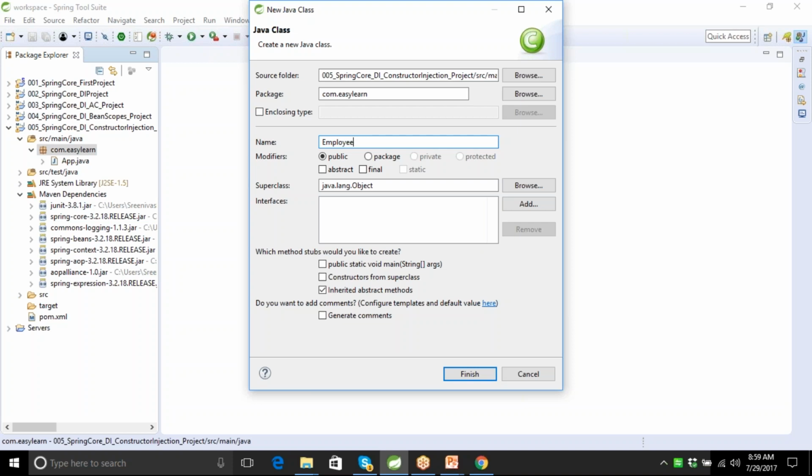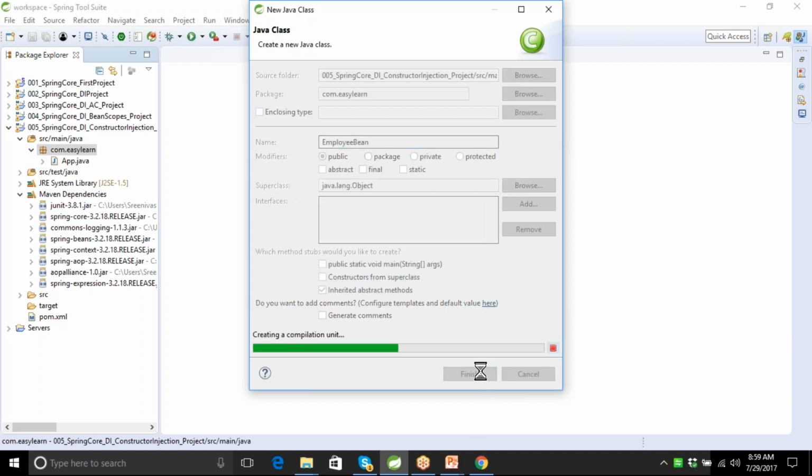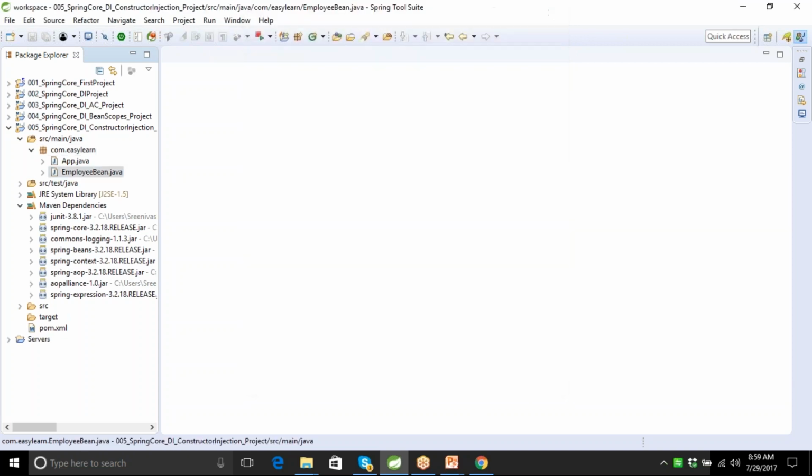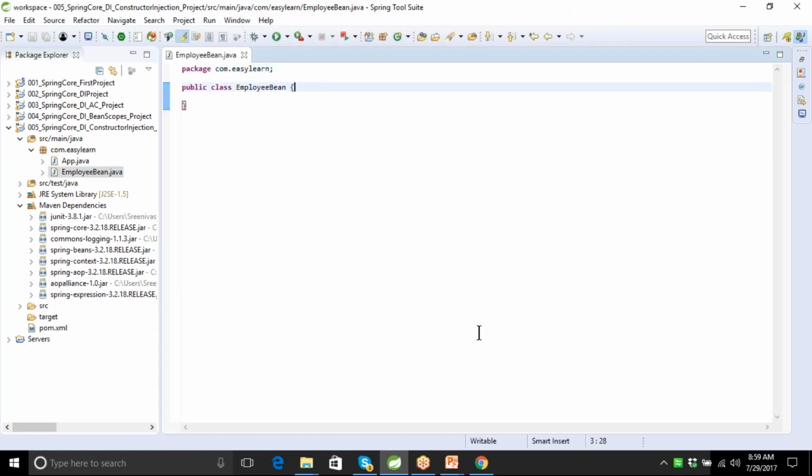I'm going to write a class, EmployeeBean, so that is the class which I'm preparing. Click on finish without any interface. The EmployeeBean object is ready, and you can write the required properties you want. Suppose I want to write some properties, like private